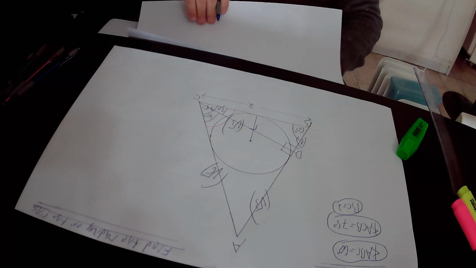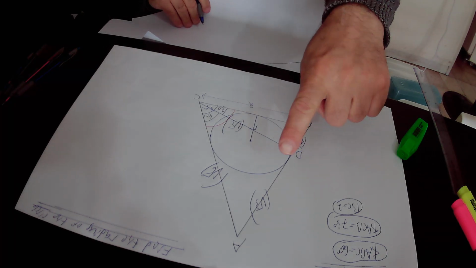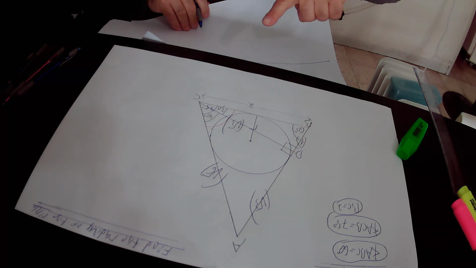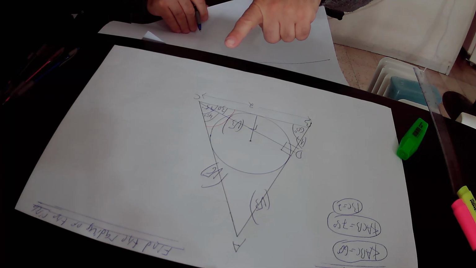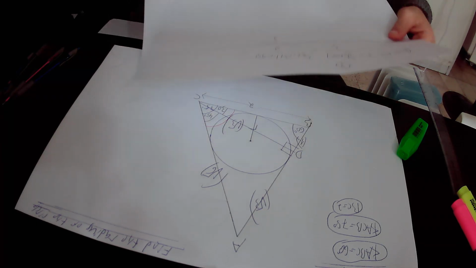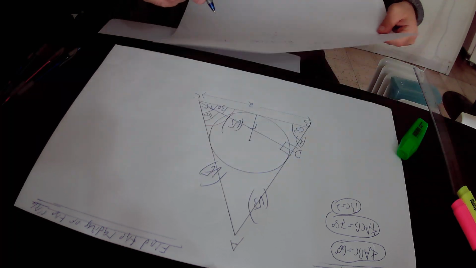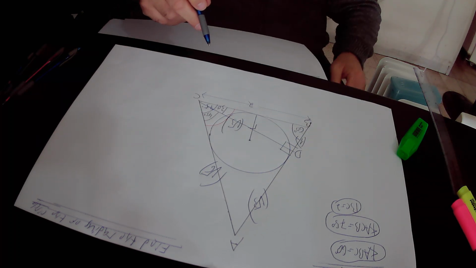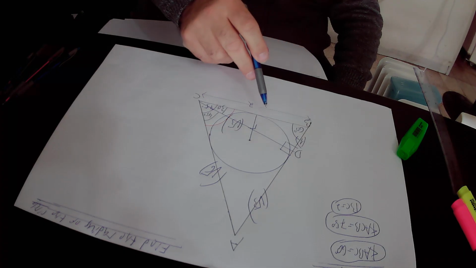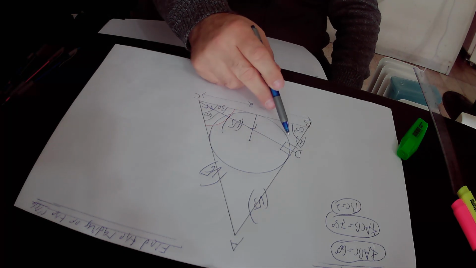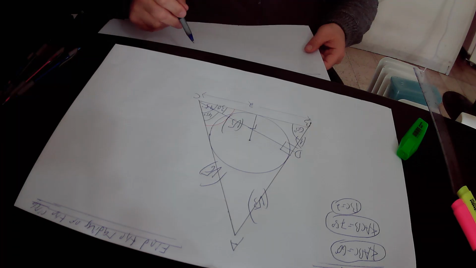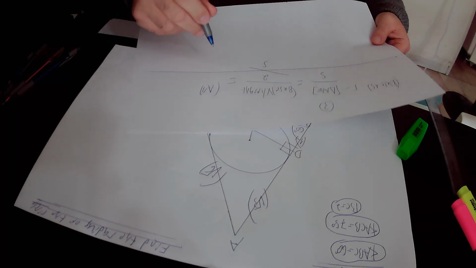We take the base of this triangle, triangle ABC, as AB, and therefore the height to the base will be CD. So the base is AB, and the height to the base must create 90 degrees with the base. So CD is the height to the base, while it creates 90 degrees with the base AB. So the height is CD